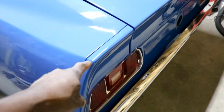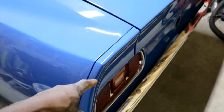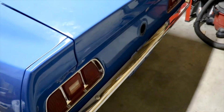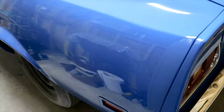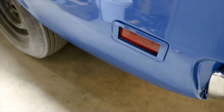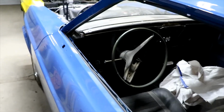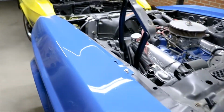We got the end caps installed. I think they're called quarter panel extensions. We got those installed. Those are nice and painted. We got our rear marker lights on both sides installed. So I'm just basically moving around